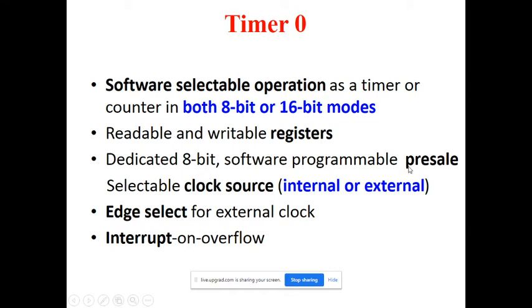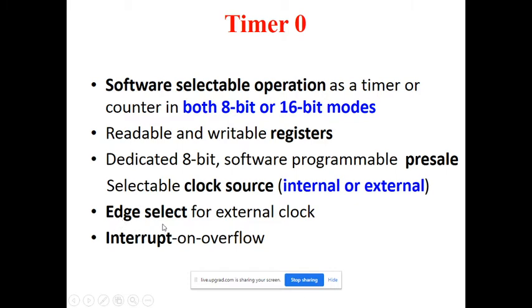Next point is that there is a prescale facility. Actually there are two clock sources, either internal clock source or external clock source. Both clock sources are possible, and out of that you can select whichever you want to use. Along with that, PIC architecture also provides us a prescaling facility, means we can change the clock frequency as per our choice. How to change that, for that we will study the control register.